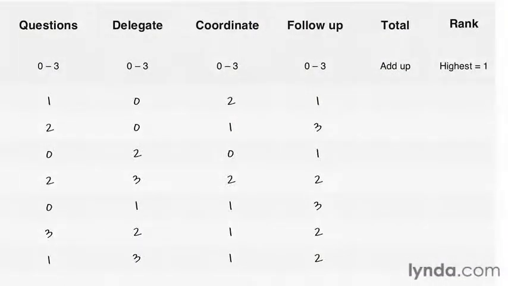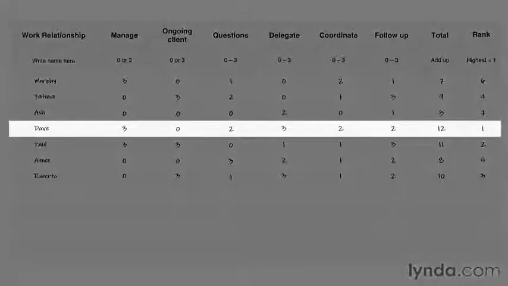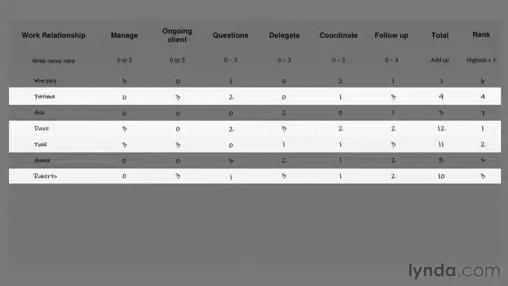After you've completed this for each of the names on your list, add up a total and find out what their need score is. And last, rank each of these people according to their need score. So the person with the highest number would rank number 1. To start with, I recommend that you schedule one-to-one meetings with the top 3 or 4 people on that list. In the next video, I'll give you some suggestions about how often you should meet with these people.